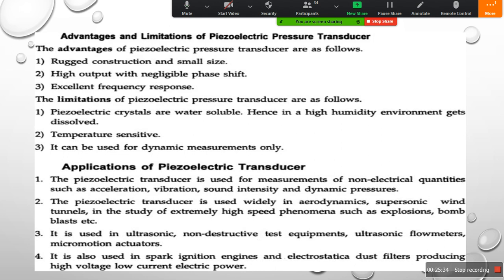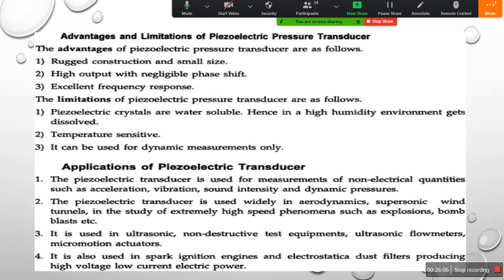In most cases, as you know, when force is continuously applied to the piezoelectric crystal, it immediately generates a voltage, which makes a movement continuously to generate acceleration or movement. So you will be using these applications in acceleration, vibrations, and aerodynamics. You can use them in supersonic applications and wind tunnels, for things such as explosions or bomb blasts. You can also use these piezoelectric transducers there.